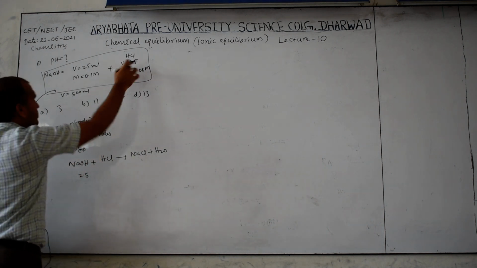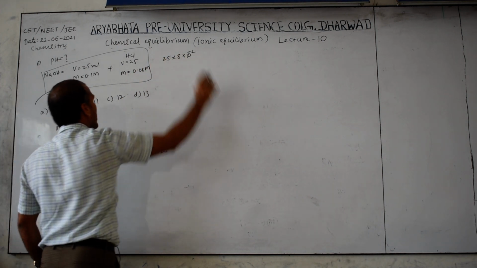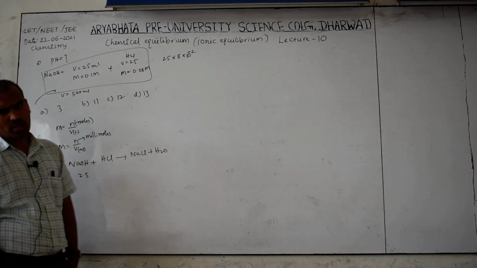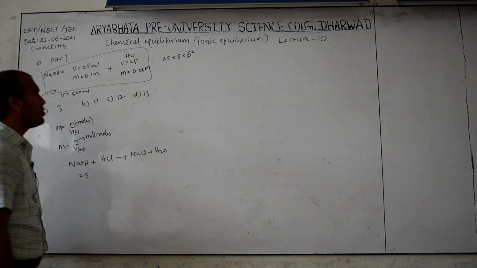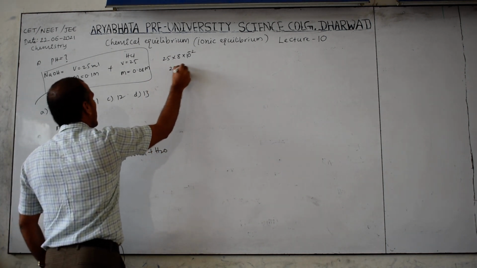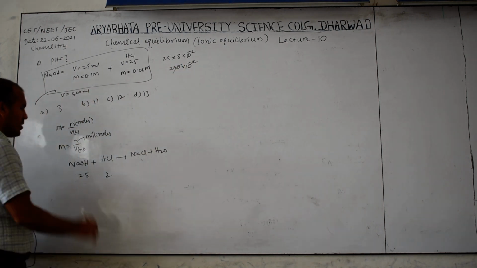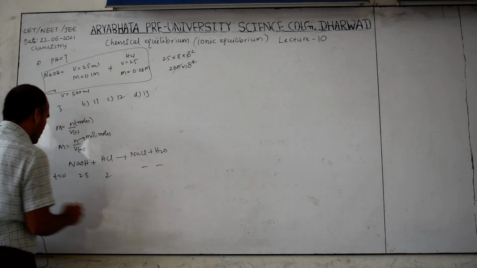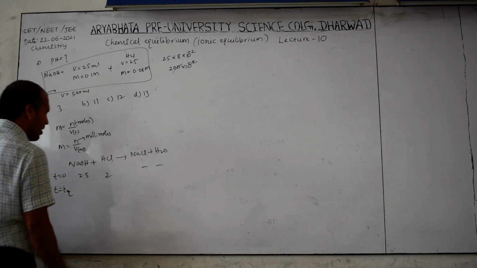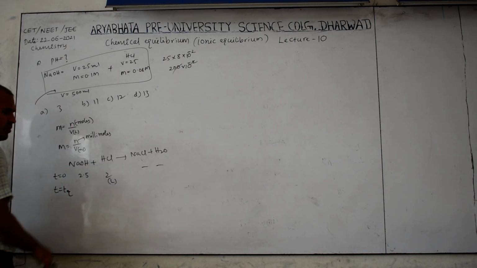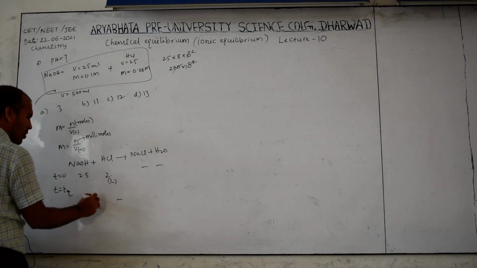And this is how much? 25 into 8 into 10 power minus 2, that is 25 into 4 is 100, another 25 into 4 is 100, 100 plus 100 is 200, then 200 into 10 power minus 2, this is cancelled, so this is 2 millimoles. This is at T equal to 0, then at T equal to equilibrium time, what happened here? HCl is the limiting reagent, therefore it is completely consumed. 2 millimoles react, 0.5 millimoles left.